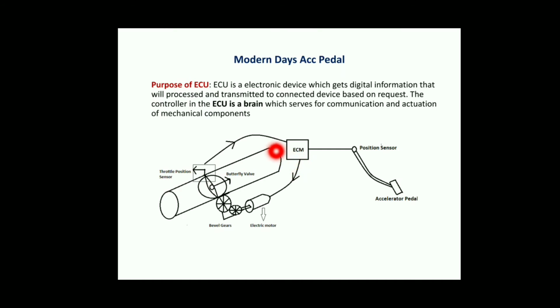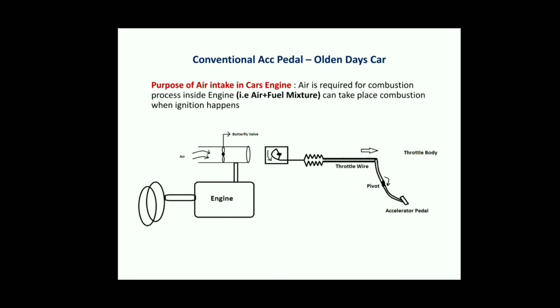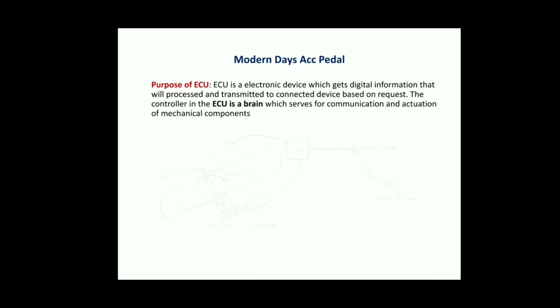In this way it acts as a closed loop system, and whenever it opens, the air will flow, and the air-fuel mixture will combust in the engine to propel. This is the exact explanation of how the ECU in an engine works with respect to the air and fuel mixture. Alright, so the difference between the two is, here you don't have an ECU, the ECU is not present, so completely mechanical components work, and here we have the ECU.